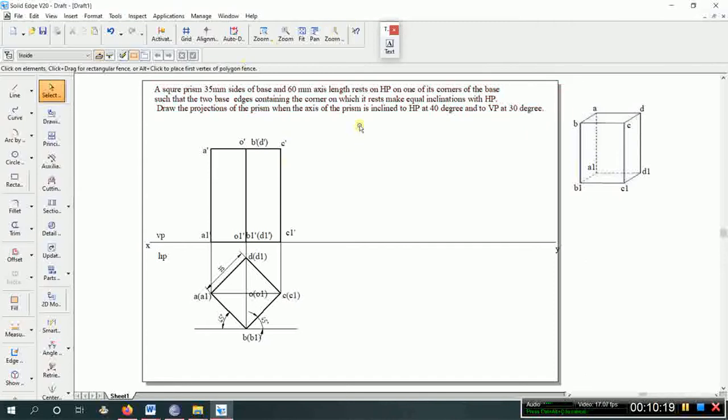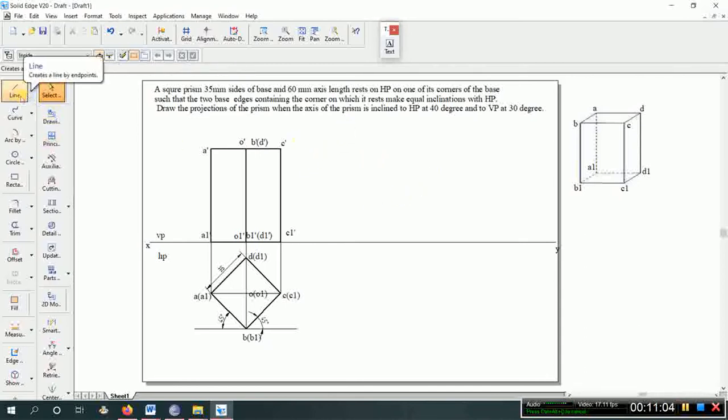So now the second, this is the first position, showing how it is resting initially is the first position. Next, second position means showing the inclination for the resting plane. So resting plane is horizontal plane, and inclination given for the resting plane is 40 degrees. First show that, so that will be the second position. Next, in third position, inclination given with respect to vertical plane is 30 degrees, so that we can look after in the third position. So now show that the entire solid is tilted with HP at 40 degrees, it must be inclined with the horizontal plane by 40 degrees. So show that,